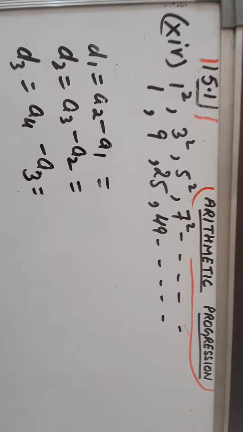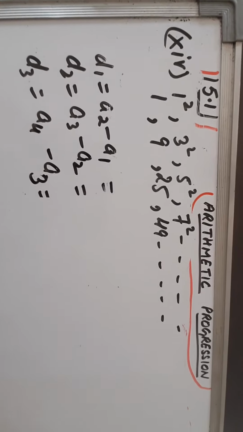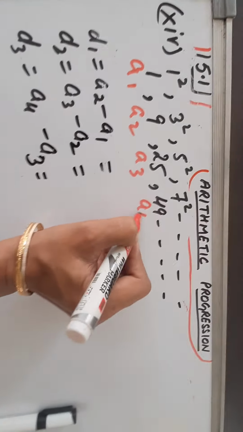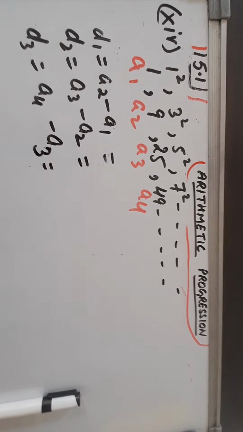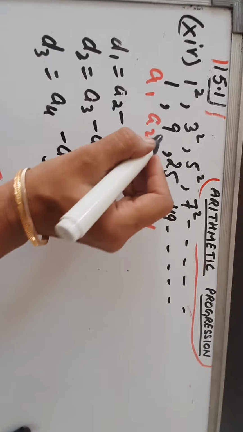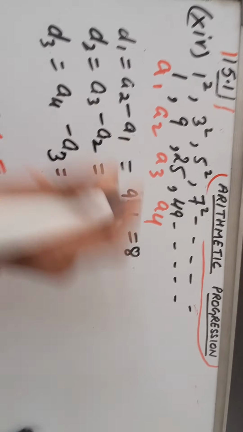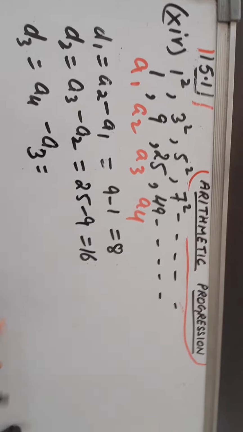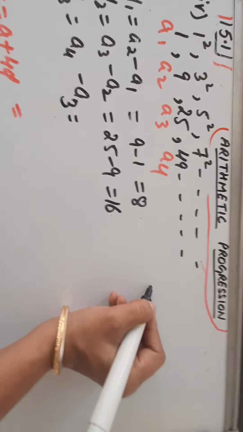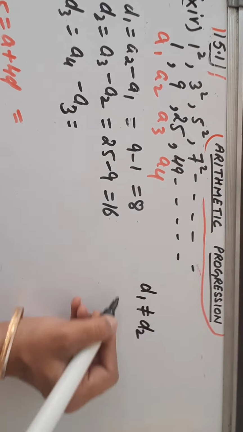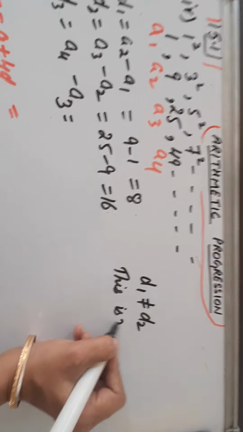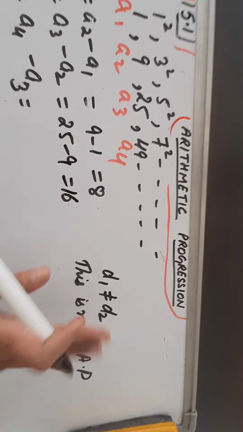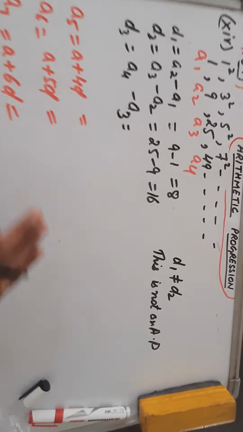So in this way you will get all the 4 terms of this AP and will mark them as A1, A2, A3 and A4 to get the difference between them. So let us check the difference again. A2 minus A1, 9 minus 1 is 8. A3 minus A2, 25 minus 9 is 16. So again, dear students, no need to solve the third part directly, as D1 is not equal to D2. Hence this is again not an AP. So no need to solve it further. Only that much is enough to do. No need to solve the remaining terms.